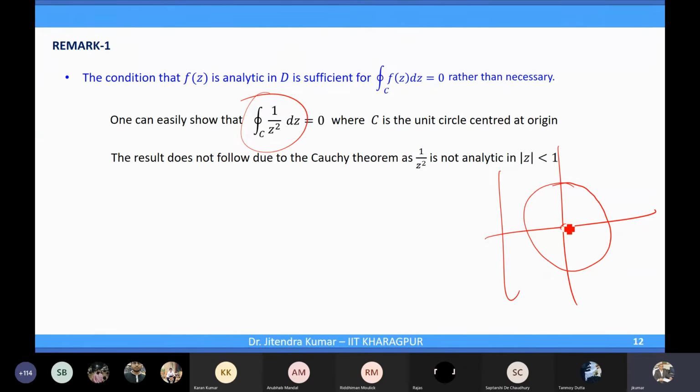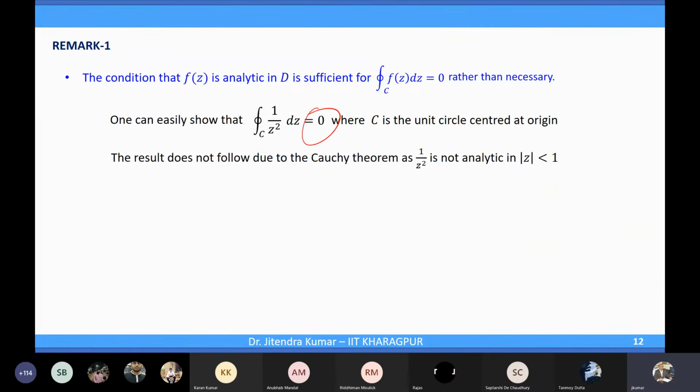So this is 1 over z square, and at z equal to 0 the function is not defined itself, so it is not analytic in the whole domain, right? So this result 0 is not because of Cauchy. It is just because that integral is 0, but it has nothing to do with the Cauchy integral theorem. Is that clear? So f(z) being analytic in D is sufficient for proving this result,